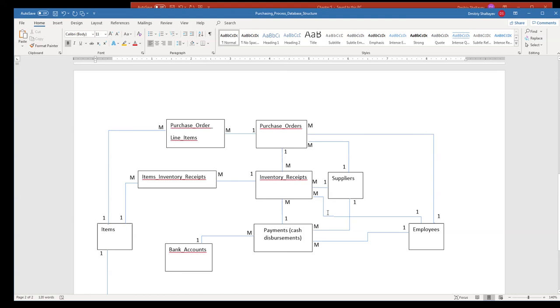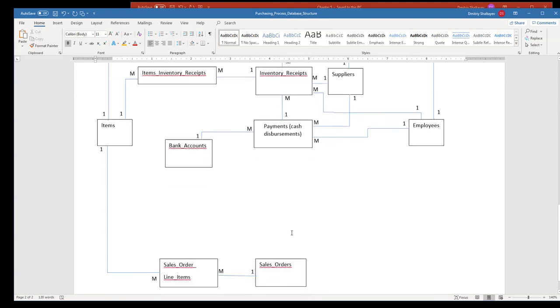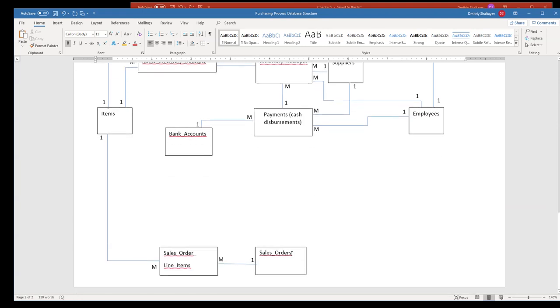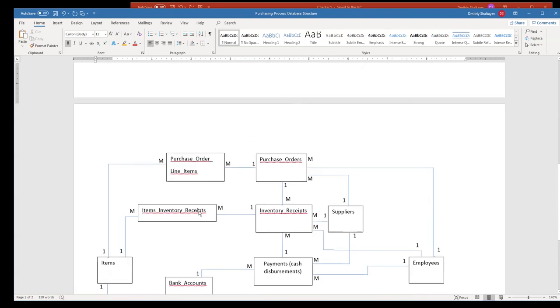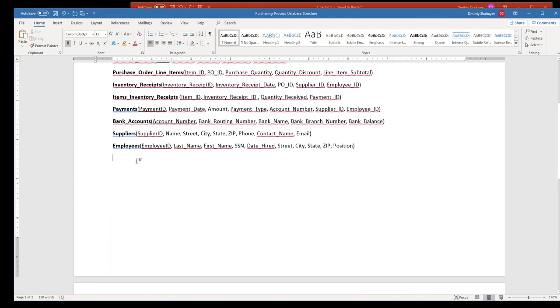When suppliers send me an invoice, I send cash to the suppliers, and the cash disbursements are related to the bank accounts. My employees process purchase orders, inventory receipts, and payments, cash disbursements, right? So now I'm going to expand my database. Essentially I'm adding more tables to my database, so I have to create the design for these